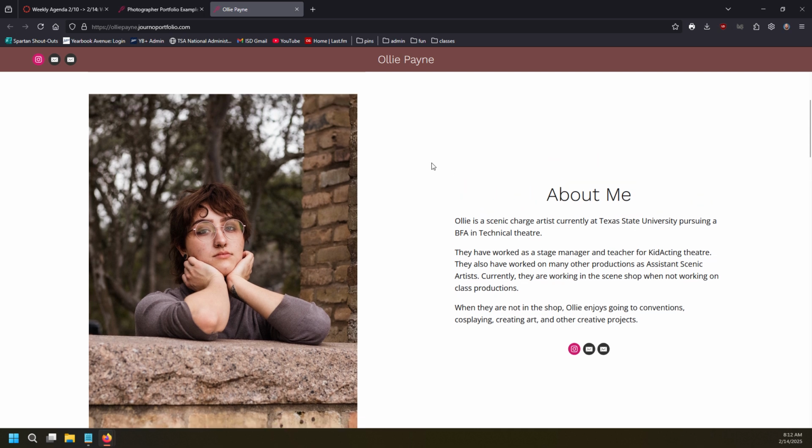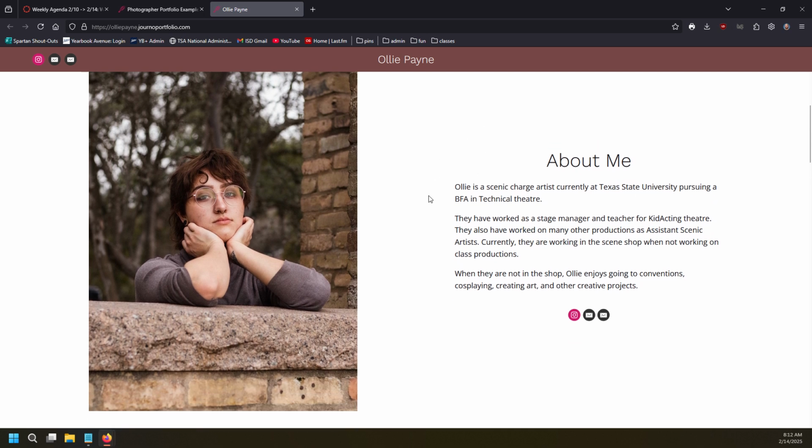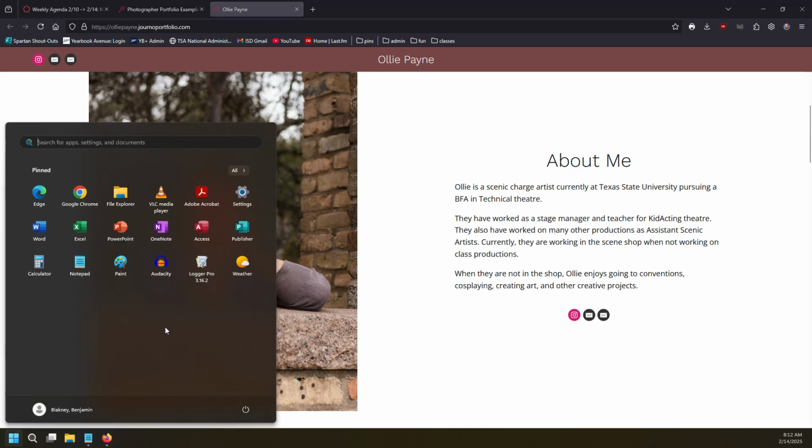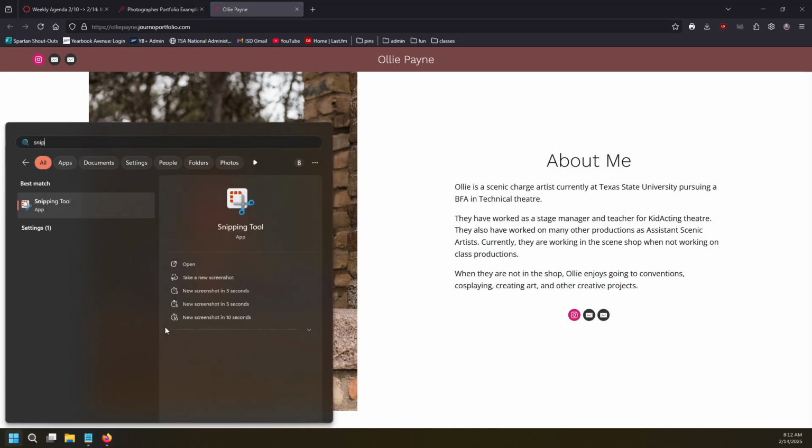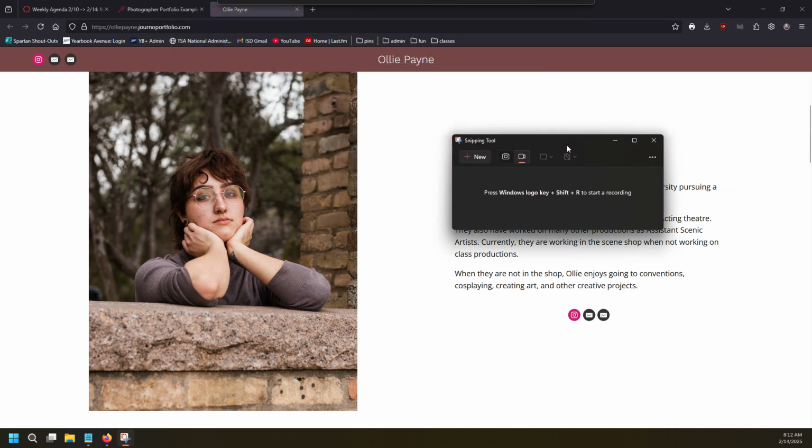Once you're ready to submit your example from Freelance Friday today to the exit task, and I want you to keep them very basic, hit your Windows button in the bottom here and type snip, and then there's something called the snipping tool. Okay? This is the long way. There's a faster way to do this, but we won't set it up today. Okay? If you click on the snipping tool, you get this nice little window that appears. Make sure that you're set to the photo camera icon and not the video camera icon. When you click new,